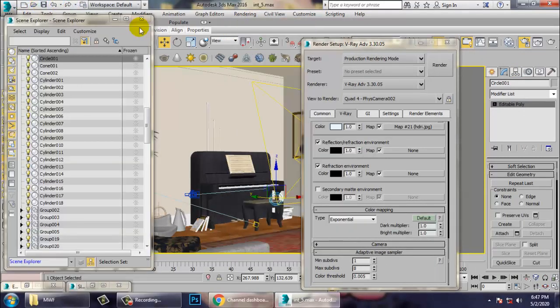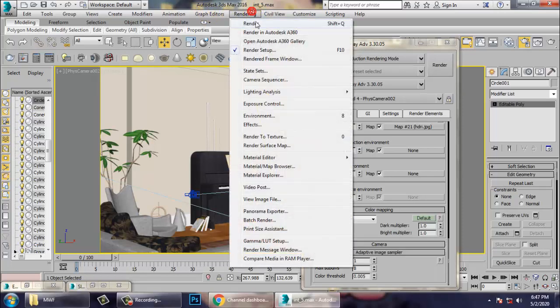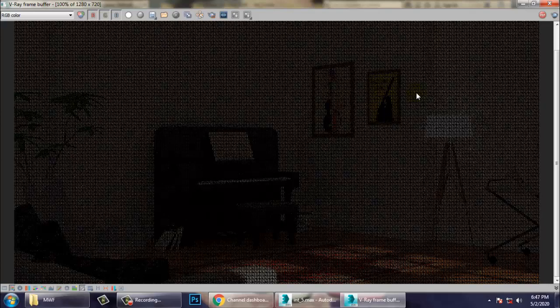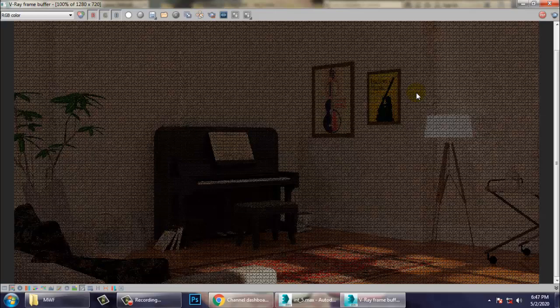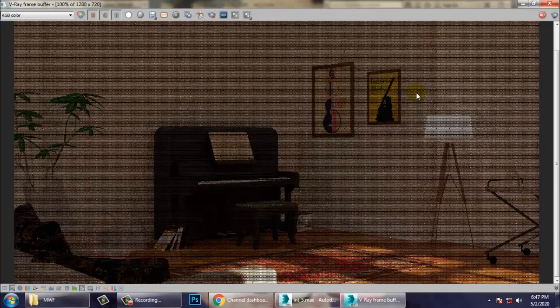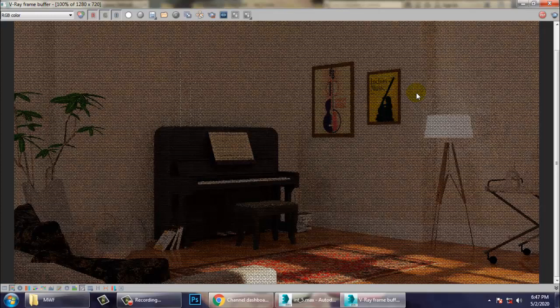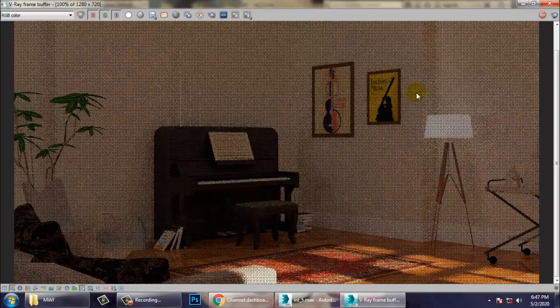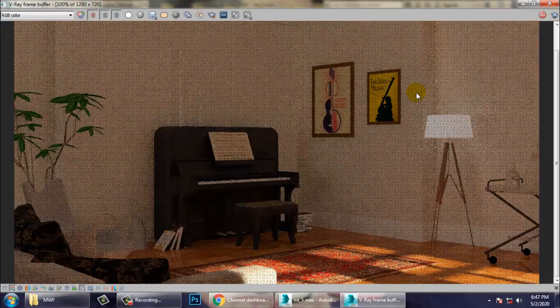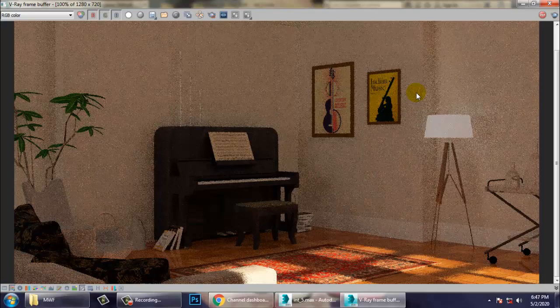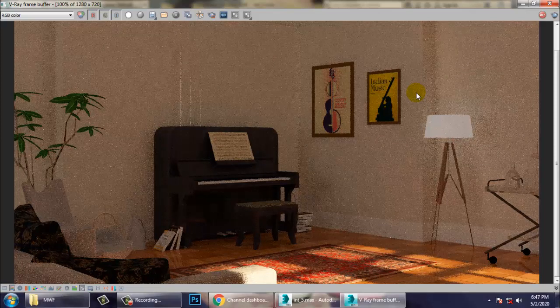Just save your file and render it again. So it will take time.